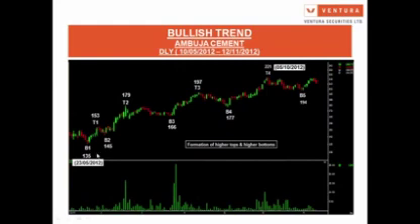Again, this is the example of Ambuja Cement, where it is forming higher bottoms and higher tops. If you see, all the successive tops are higher than the previous top, and all successive bottoms are higher than the previous bottom. B5 is higher than B4, B4 is higher than B3, B3 is higher than B2. So this is the case of higher bottoms and higher tops. That's why the trend is said to be a bullish trend.